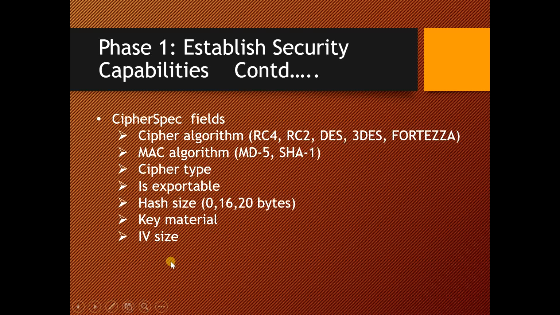IV size basically stands for the size of the initialization value for the cipher block chaining encryption. So this is the initialization value that we are looking into. So once key exchange is done, we have to define the parameters for the cipherspec, and all these parameters are included in the cipherspec.